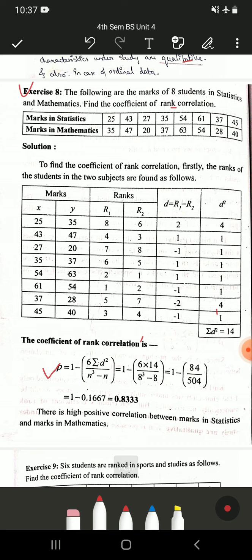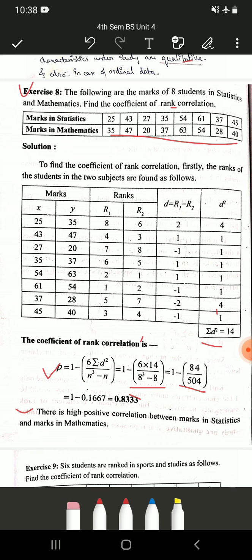So rho is equal to 1 minus 6 into summation D square by n cube minus n. So we'll substitute 1 minus 6 into 14, that is summation D square, divided by, here n is 8 because they have given marks of 8 students. So n is 8, so 8 cube minus 8. So when you simplify this, you will get the final answer of rho to be 0.8333. So you can say there is a high positive correlation between marks in statistics and marks in mathematics scored